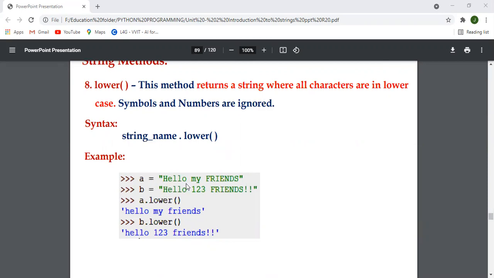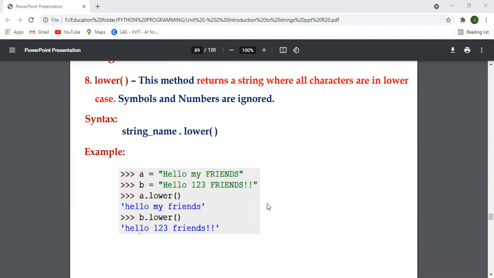Whatever the case it contains, either capital or lowercase letters, it totally returns the output with all lowercase letters only. Similarly, it also considers total letters and returns lowercase letters only, including the digits.